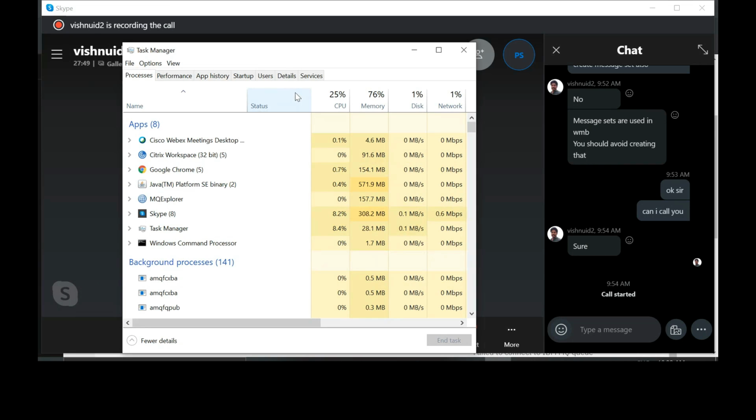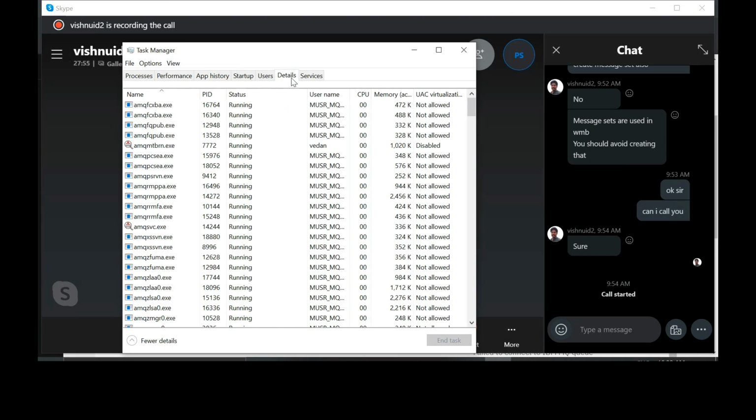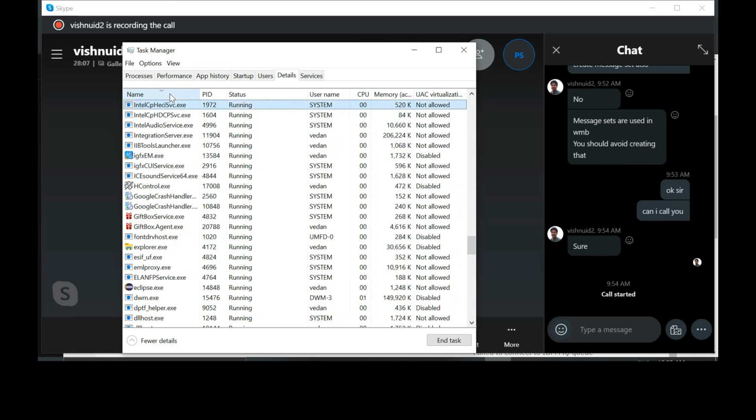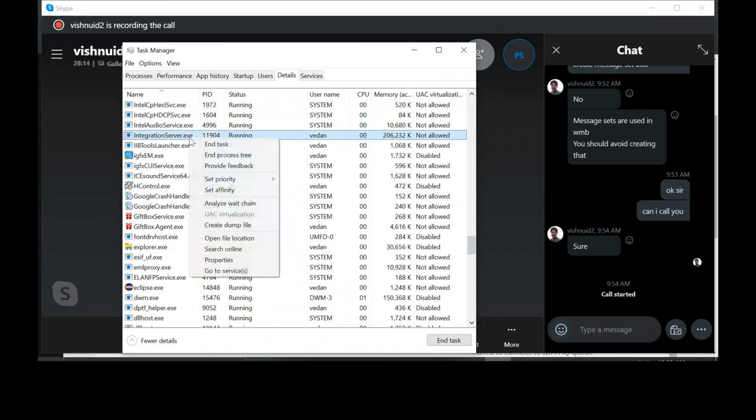Click on details, top right side, arrange according to the name. Find integration server. Click on that. It's Vedan. It's running as Vedan.